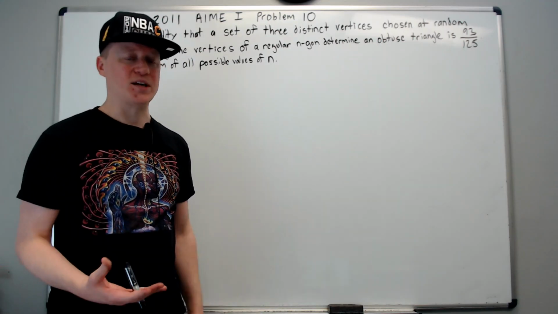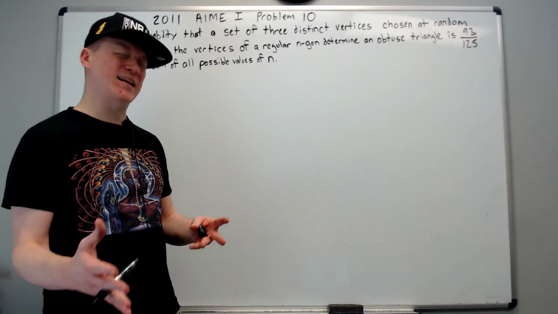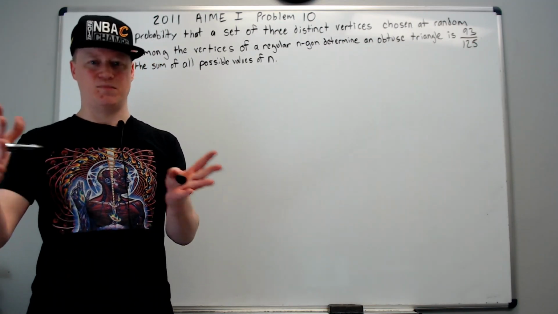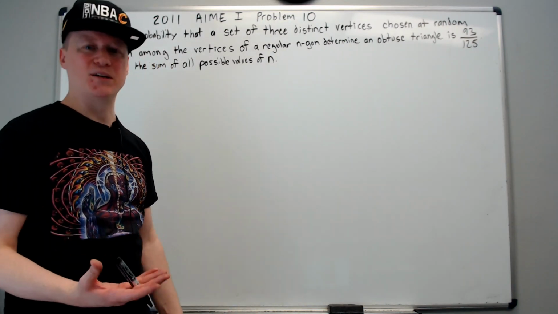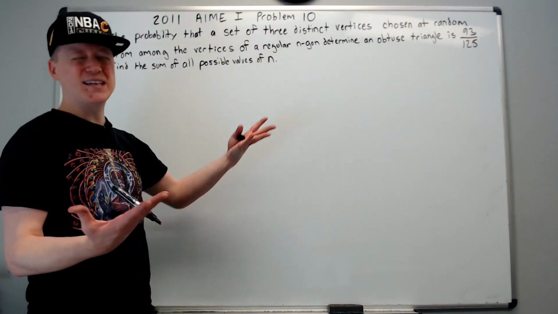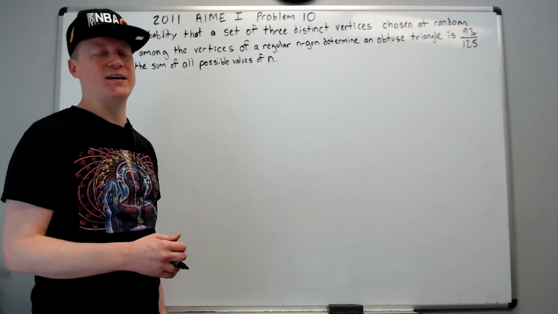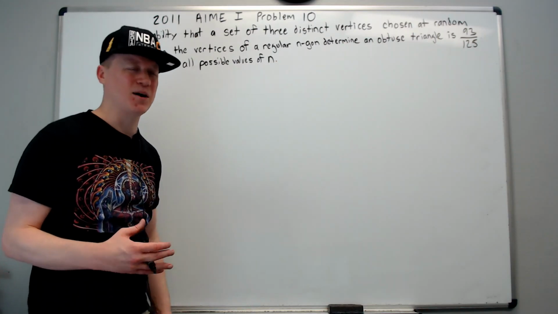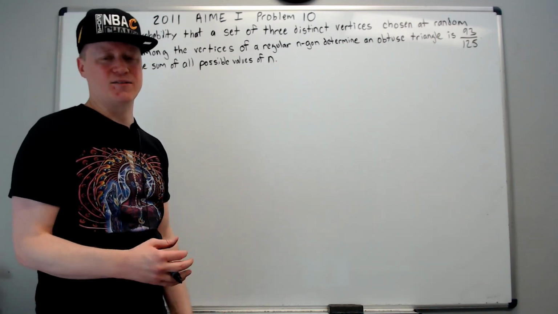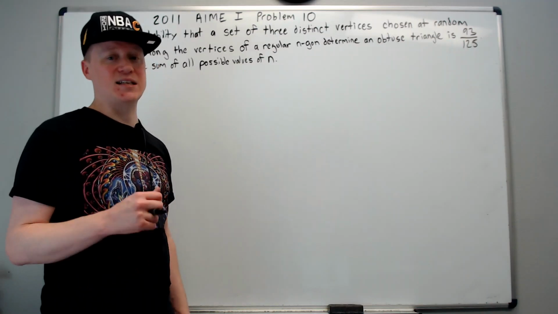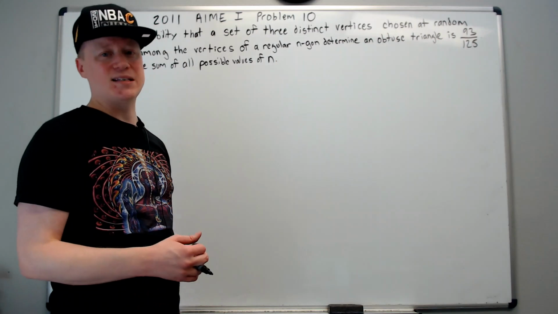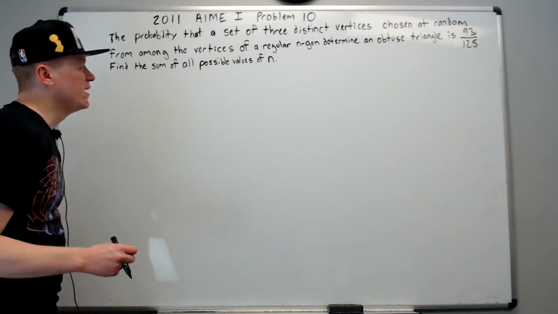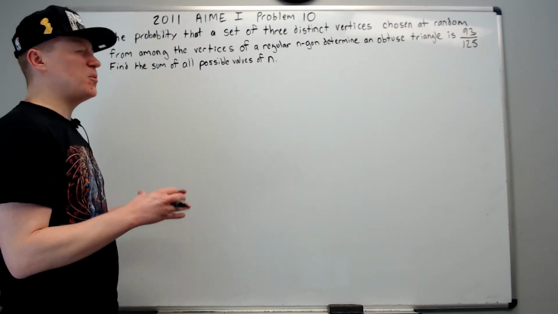There's 15 questions, and so you spend less time on the earlier questions, more time on the middle and later questions. This is problem number 10, the last problem of the middle 5, and usually it's kind of a gateway problem to getting qualified for the USAMO or USAJMO, as getting 10 right, assuming you got the first 9 correct, is a good amount to aim for if you did decently on the AMC 10 or 12, whichever one you took. So having said that, don't be rushed for time.